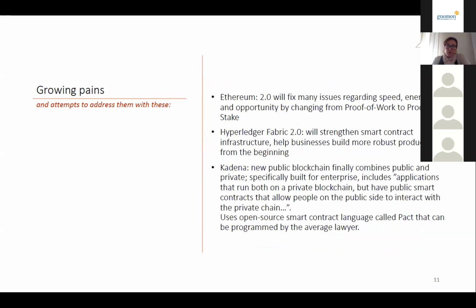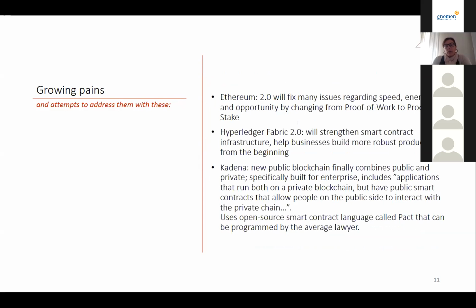Certain attempts to address these growing pains, Ethereum 2.0, right? As Dimitri said yesterday, it's supposed to be out now, but they probably are going to roll it out sometime in the next few months, the initial features, and then keep rolling it out over the next 2 years. So they're claiming that by switching from a proof of work to a proof of stake